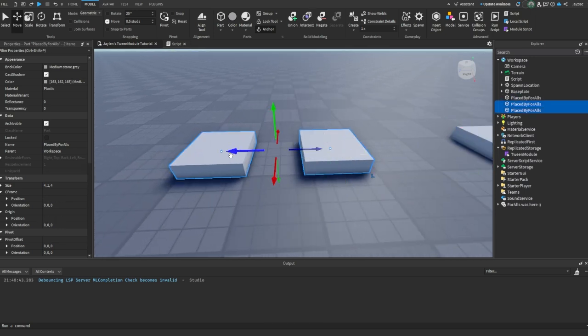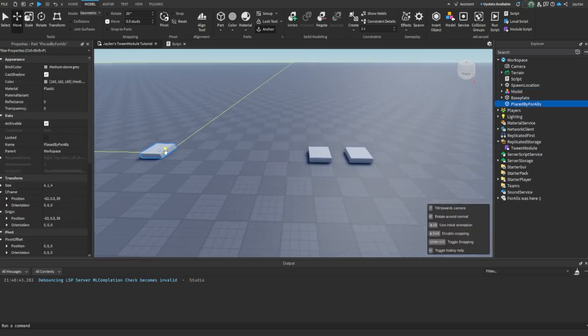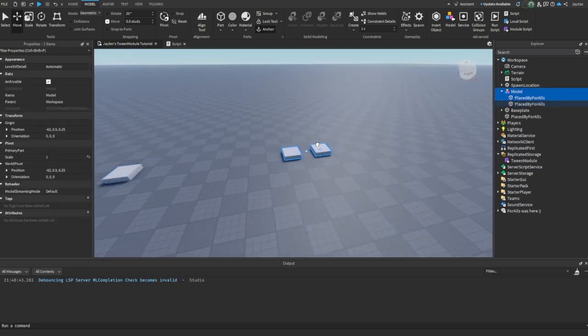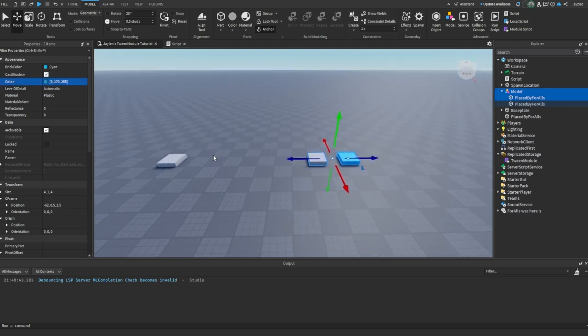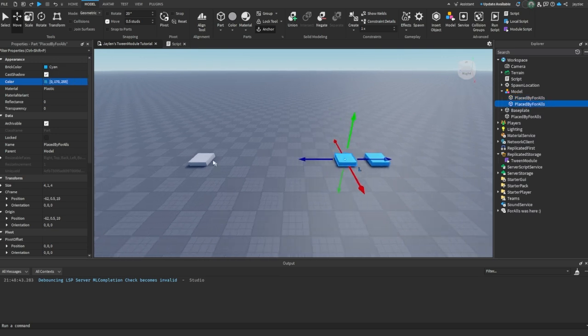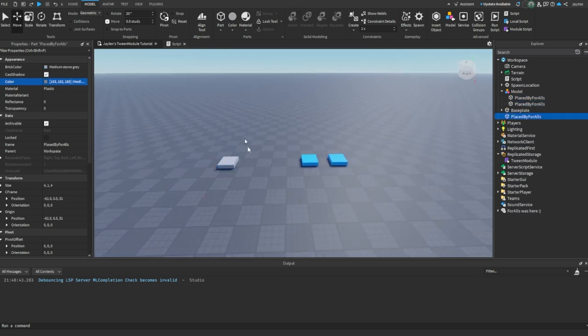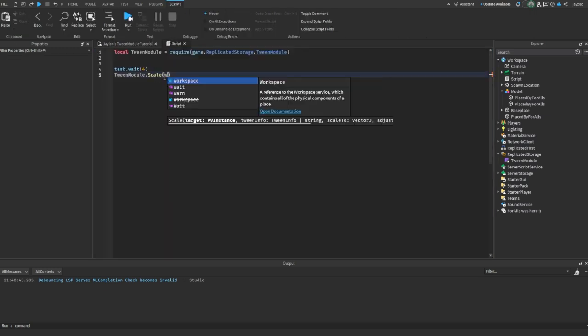Okay, so now I'm going to group this, name this model. And we're gonna have this one right here. Let's make sure we know the differences. So I'm gonna change the color to sky blue for both of them. So I'm just gonna copy this, do this. All right, and then now we have this one here. So for scaling, we're gonna first identify the part, which is